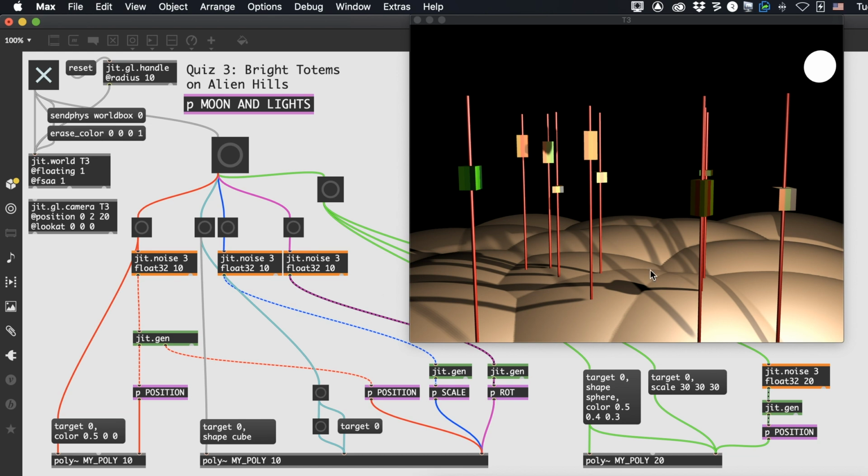And take a look at the shadows to give you some hints about how many lights there are and where they're located. Doesn't need to be exactly the same. The one other thing I'll point out to you is note that the tops of the red poles are all at the same height. The reason why some of them are lower and higher than others is because they're further in the distance, and that's perspective. But the tops of these poles are all the same